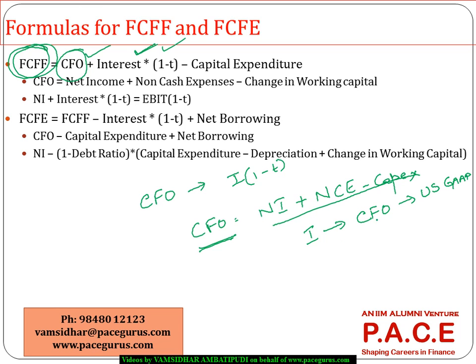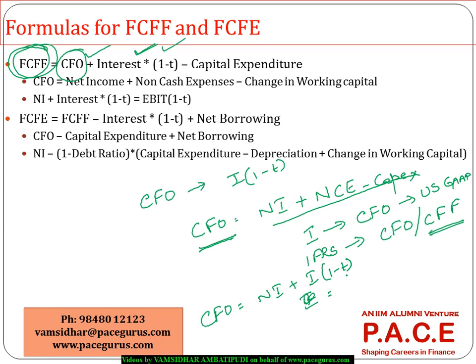But when I am looking at IFRS, the interest paid can go either as a part of cash flow from operations or cash flow from financing. If I take it as a part of cash flow from financing, then probably my cash flow from operations itself would have added I into 1 minus T plus non-cash expenses minus capex. So the example which I am giving here is under the assumption that I am following either US GAAP